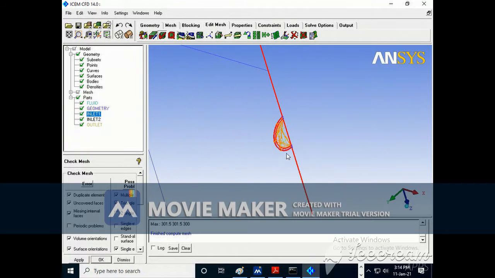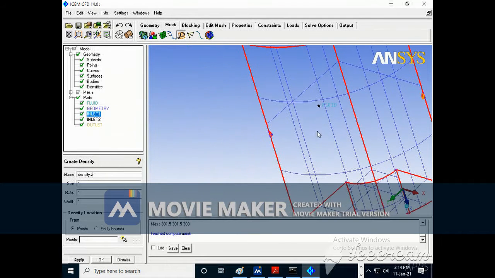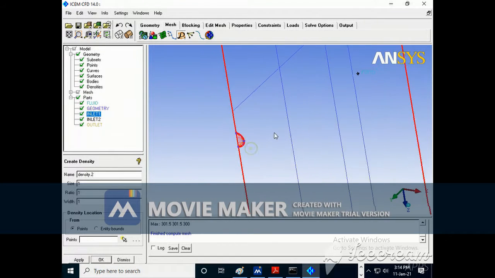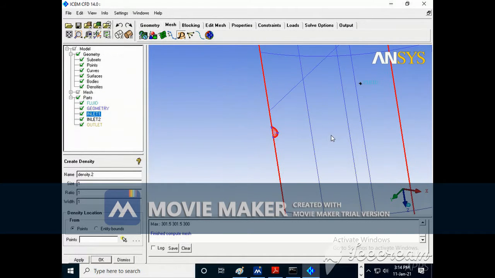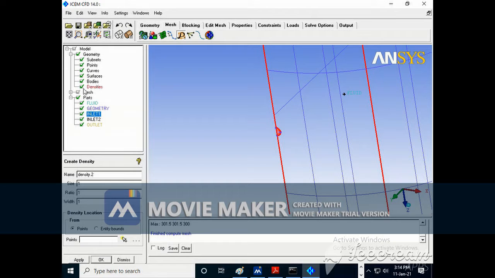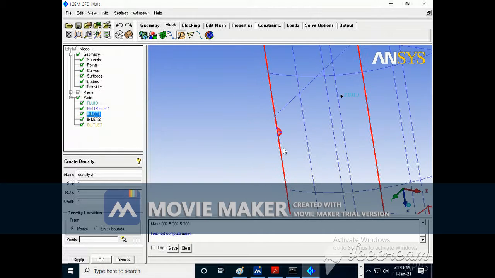For the inlet, I have tried to use mesh with the density option, because I require maximum mesh at two places, since these are very small pieces. So here I want more mesh. For that purpose I have defined density 111. I have selected the points. In that way I did it.